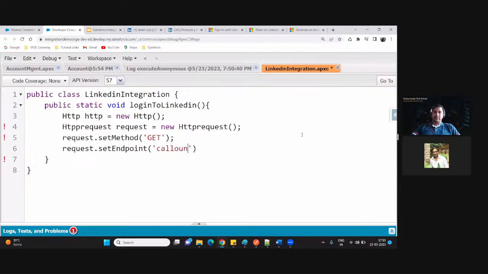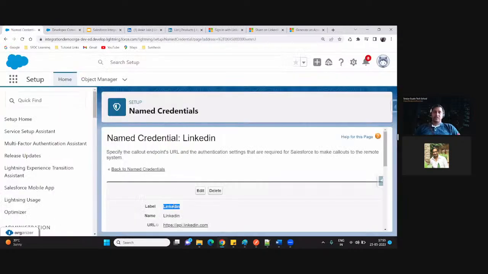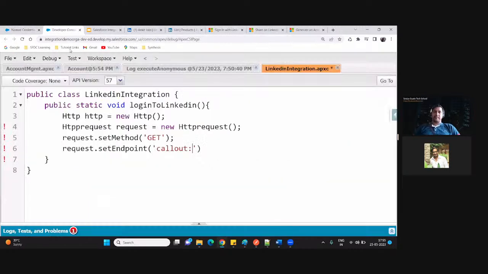So in the endpoint, the way we specify with the named credential, first we write down the callout. After that, we go and specify the name of the named credential. That is nothing but LinkedIn. So from here, we will get the base URL followed by